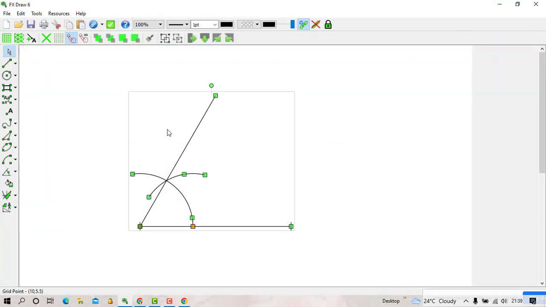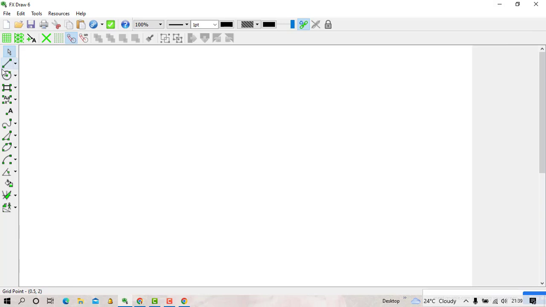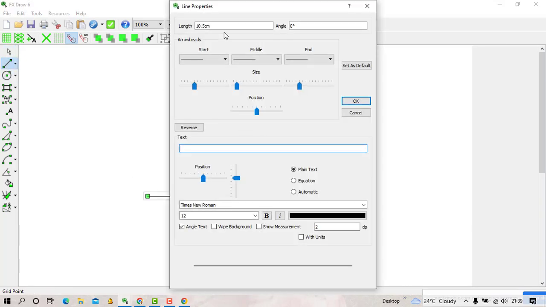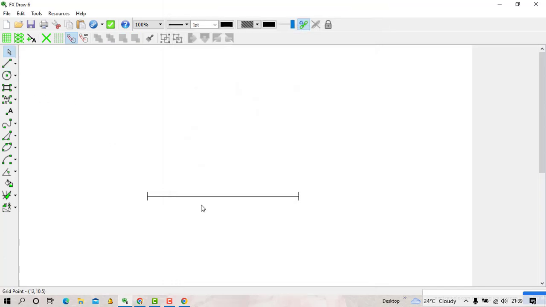As I mentioned earlier, the most important thing is to start by the baseline. So if I have this baseline, maybe of length 10 centimeter, and it is already inclined at 0, it means that it's horizontal, and I have the ends like this. You have those ends, and you want to construct 90 degrees at this point. If you want to construct 90 degrees at this point, step number 1 in construction.